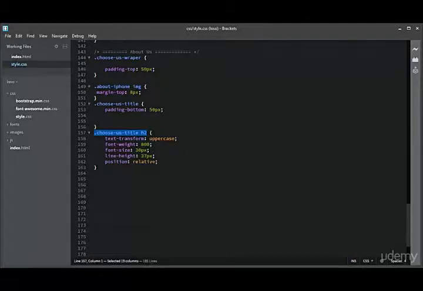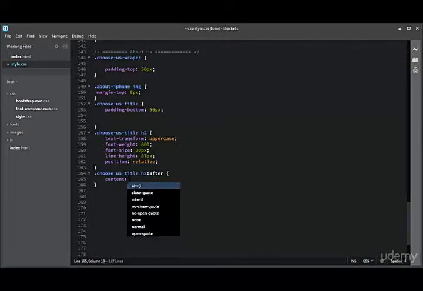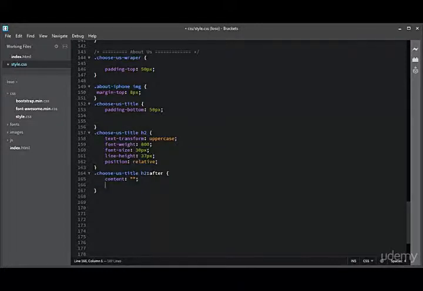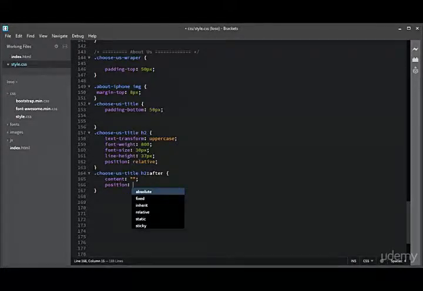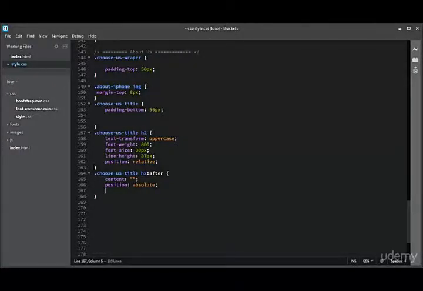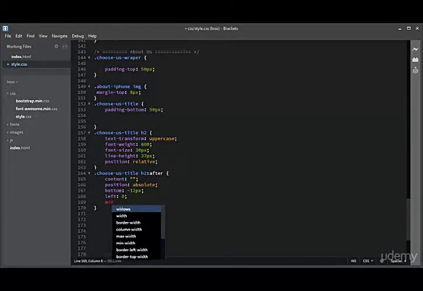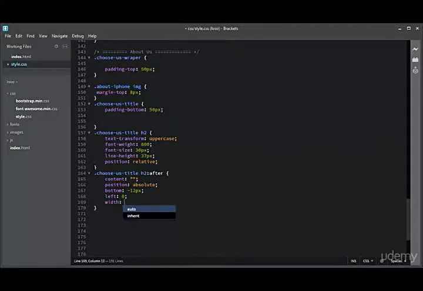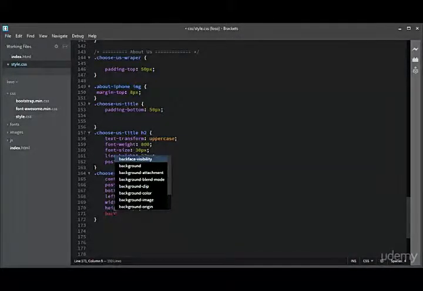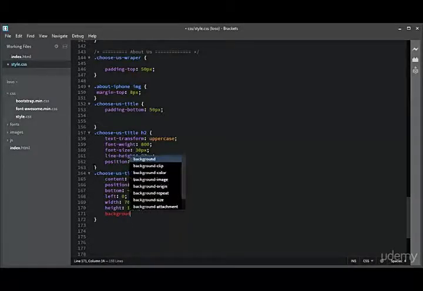Let us add the after pseudo class, h2 after, and content should be empty, and positions should be absolute with bottom of -12 pixel, with left 0, and with width of 70 pixel, and with height of 1 pixel, and the background